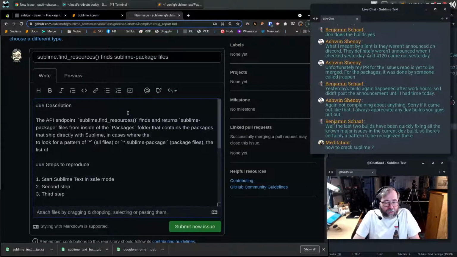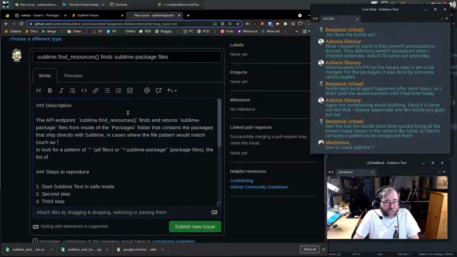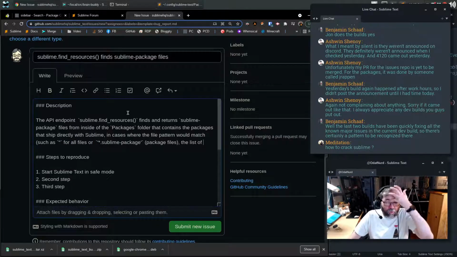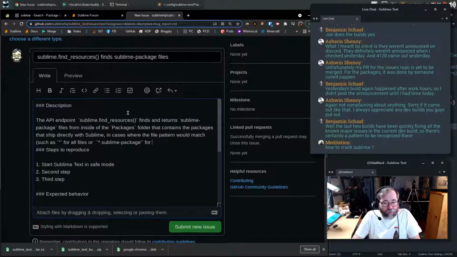In cases where the file pattern would match, such as for all files or like this for package files.